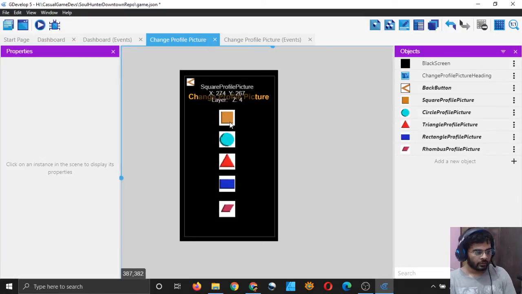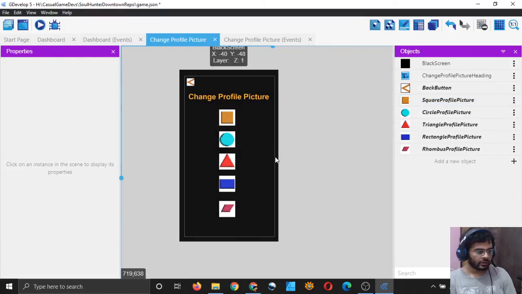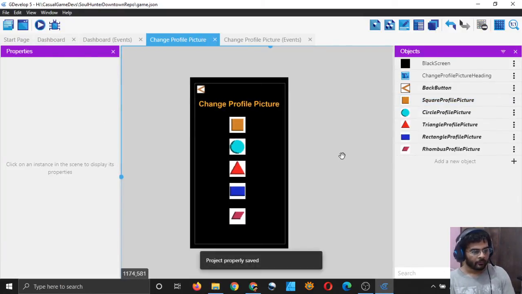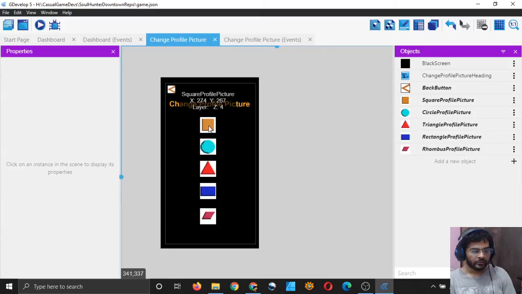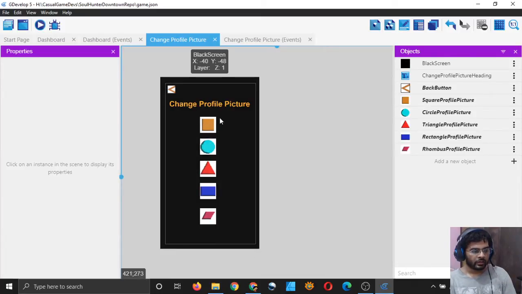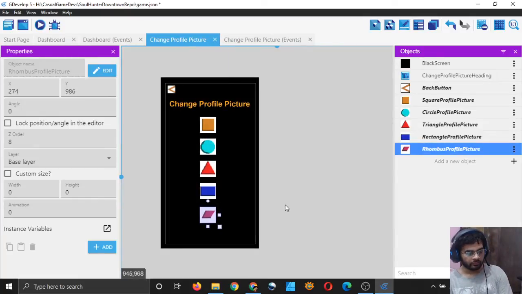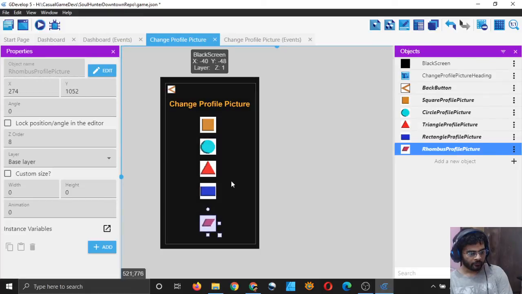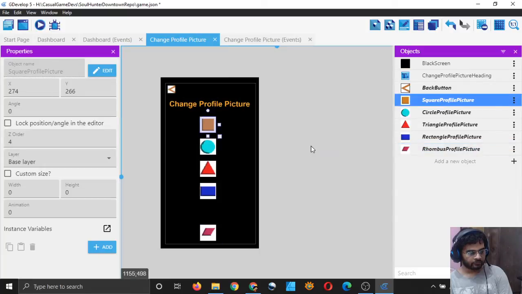Right, so that's looking better. Not in the middle, but it's okay. I also need a box which is slightly bigger than this, just to signify which one is selected, and I will make them more far apart so that the player can select them with ease.